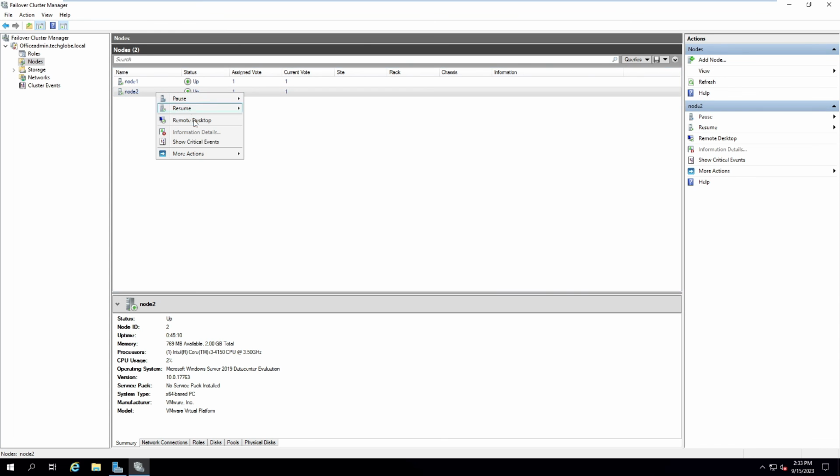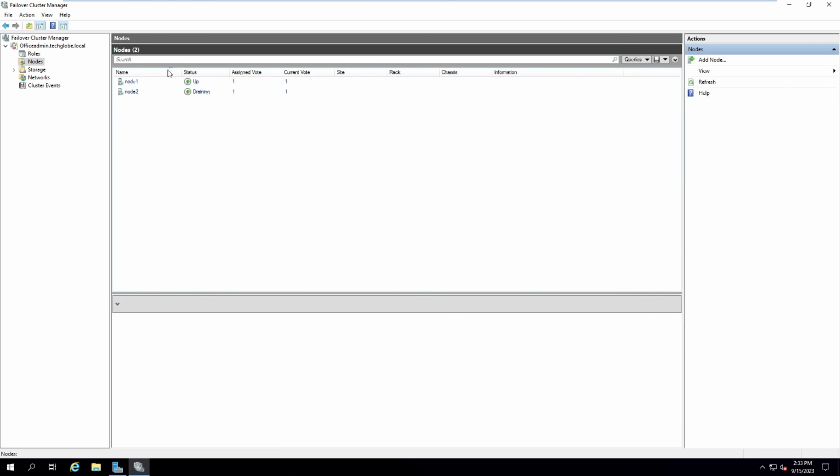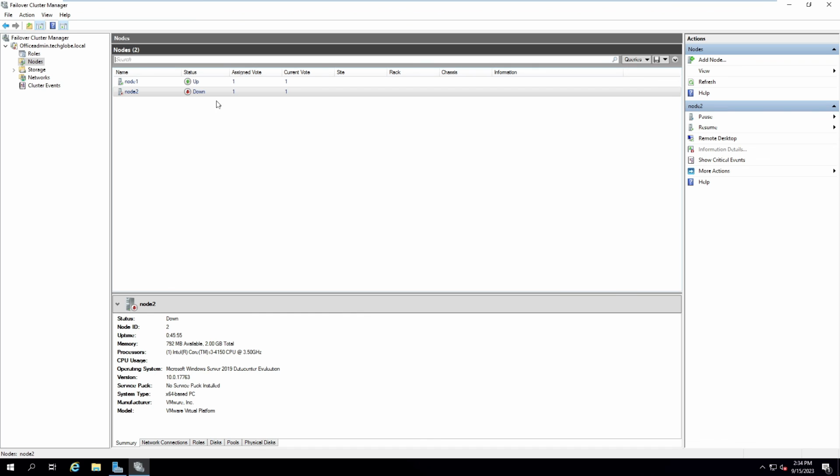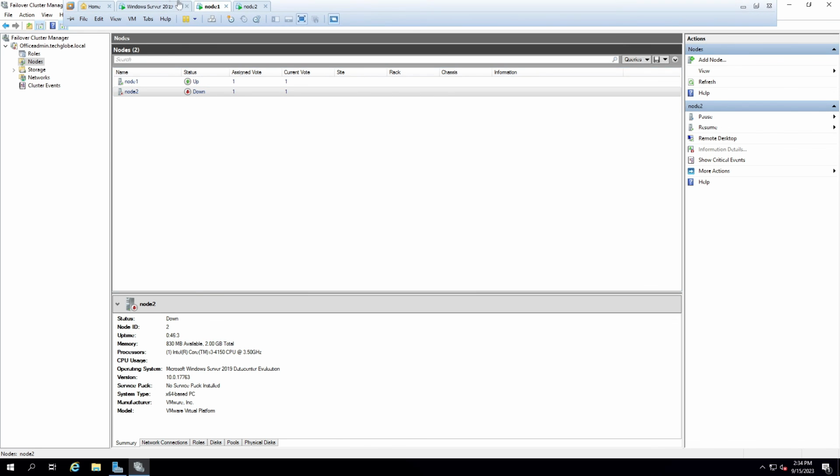And on the second server, go to more actions and stop cluster services, and wait for a couple of seconds. And now you can see the second server is down. Okay, the status. Go to this domain server again,